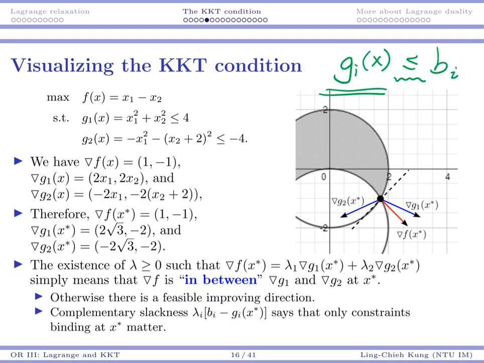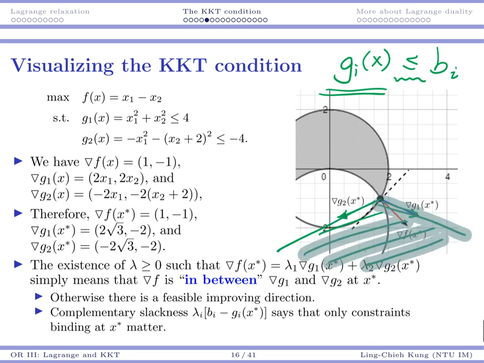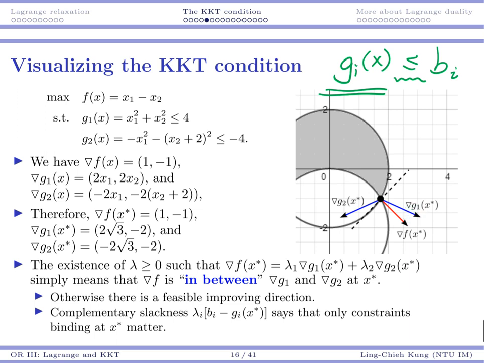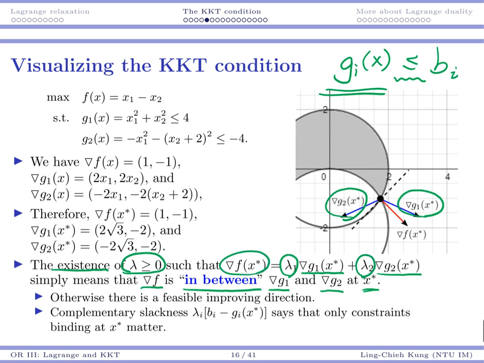Okay, going back to here. So what do we have now? We may see from the graph that gradient G1 and gradient G2 form a plane that covers your gradient f. So that means your gradient f is in between your gradient G1 and gradient G2 at x star. The existence of your non-negative lambda